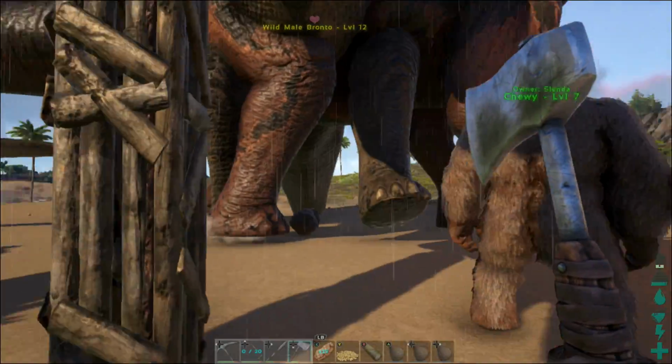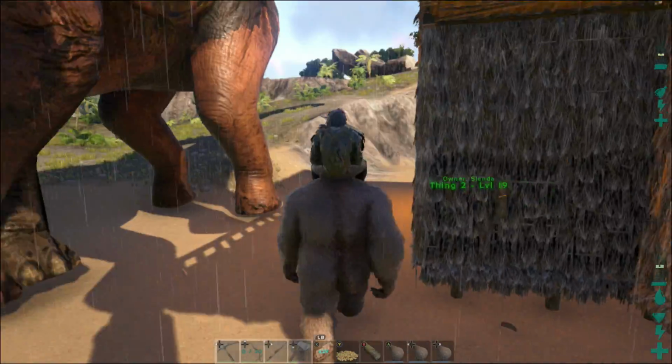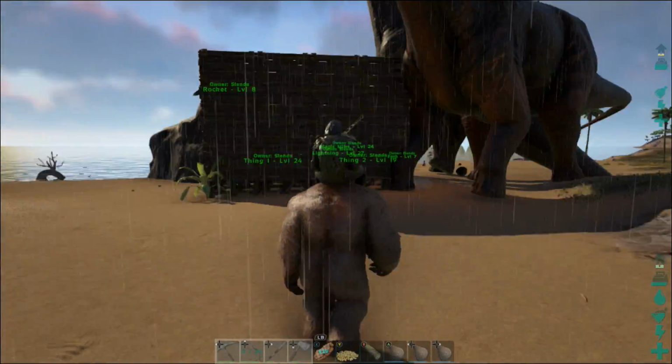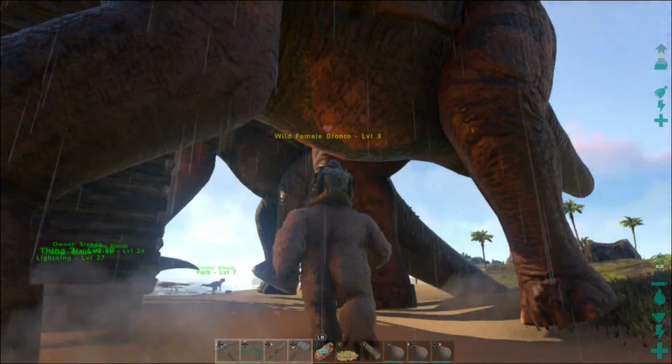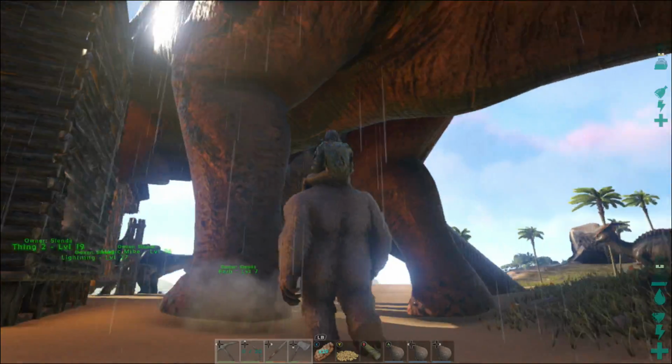That Bronto is... Oh, they're done. No, they're not. Oh, they're literally inside of each other. Well, you know what? I better come back to a Bronto baby because I'm getting the hell out of here. Wait, don't even tell me these are mate boosted. Are they? They're mate boosted. Oh, God. They are going to do... Wait. Why is the female...